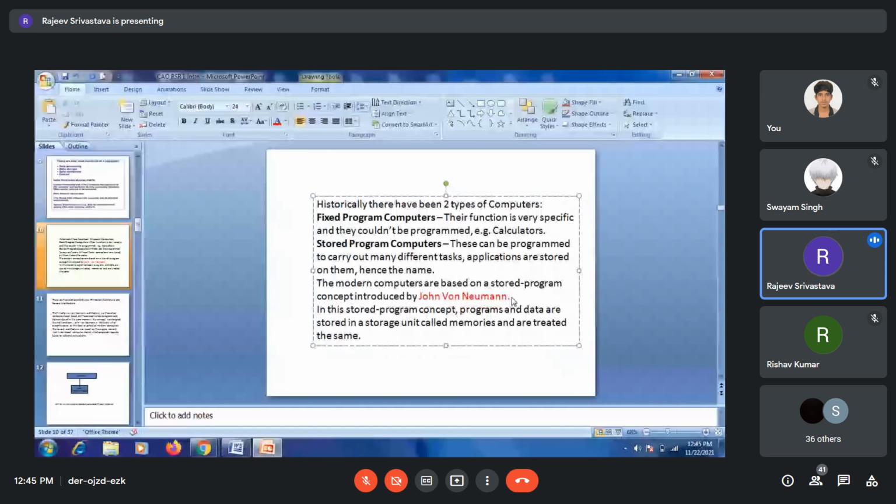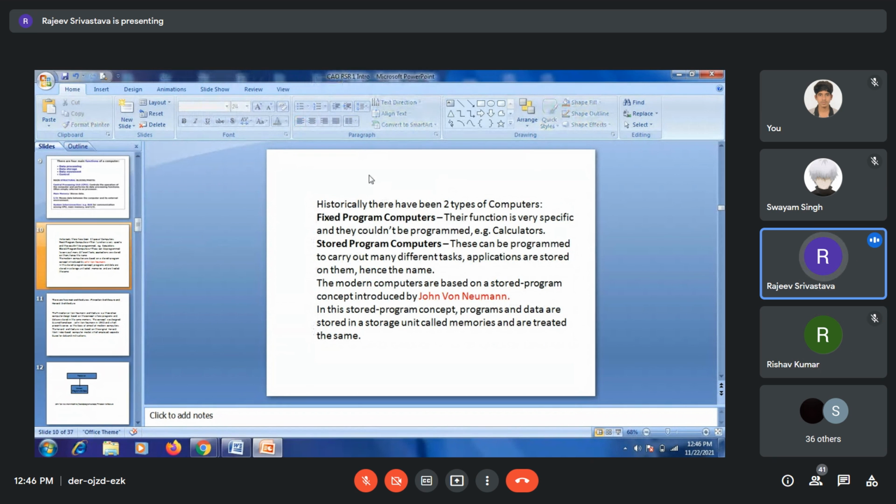in which he says that all the programs which have to be executed have to be stored in memory before execution, and that is where the name stored program comes from. You are familiar with this concept, might be that whenever we write a program in C, it is loaded into main memory before going to be executed.